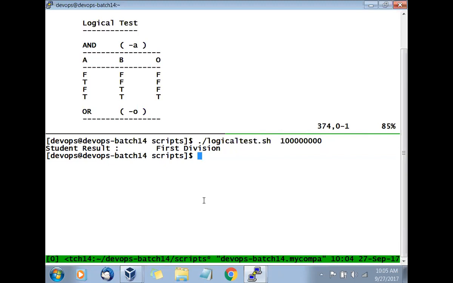So what we'll do now, we will use the OR logic, and we'll say that if the marks are between 1 and 100, or we can go with the condition saying less than 1, don't go further. If the number is greater than 100 or less than 1, don't do anything there. Okay, let's go and see that.